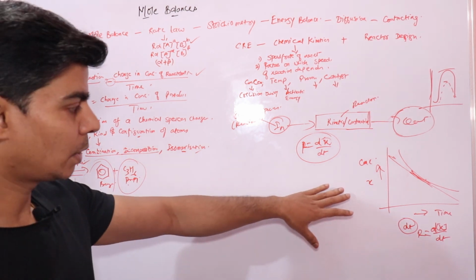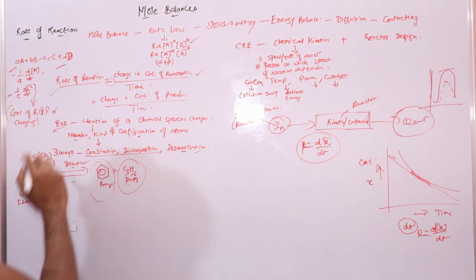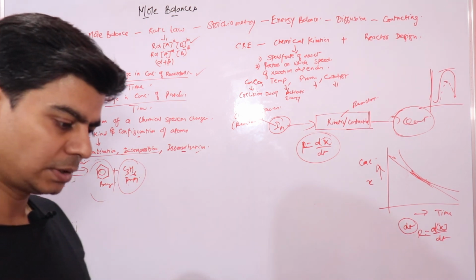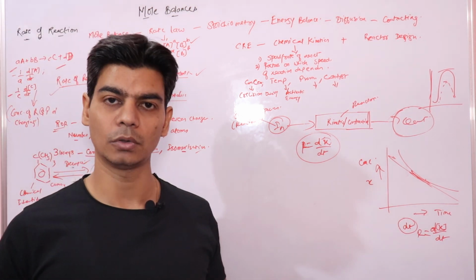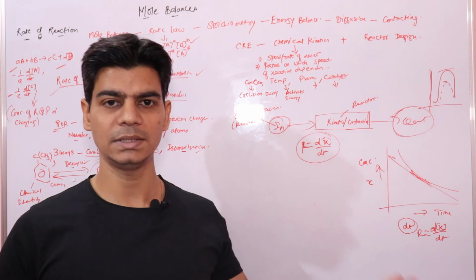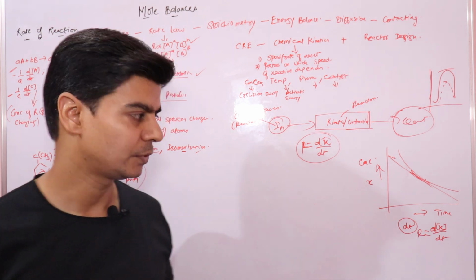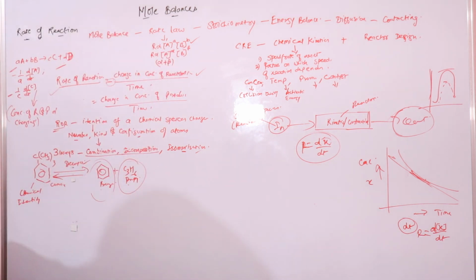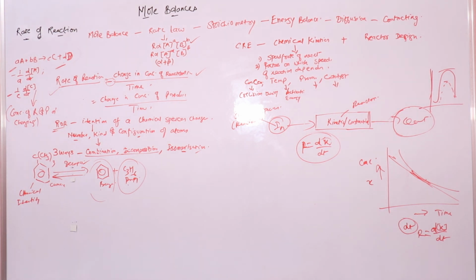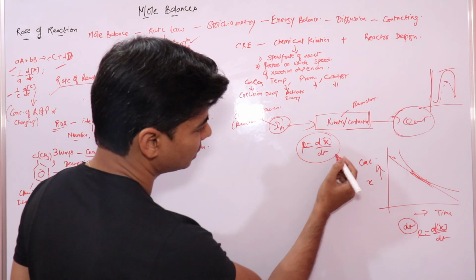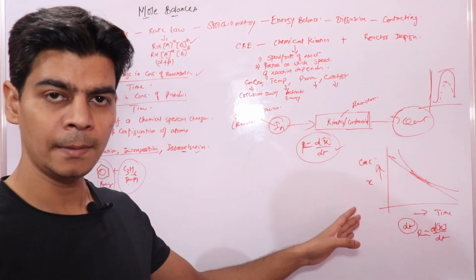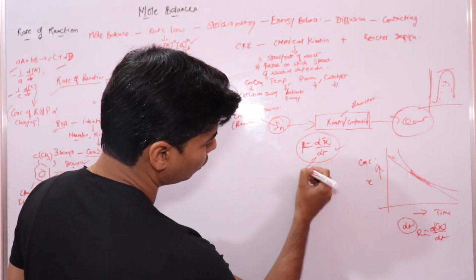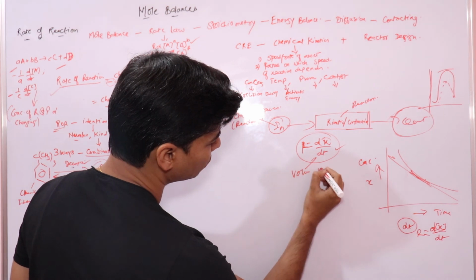And when we talk about the average rate of reaction, why do we calculate the average? Because the rate of reaction also falls with the change in concentration of reactants. But this does not apply. This applies only when volume is not changing or